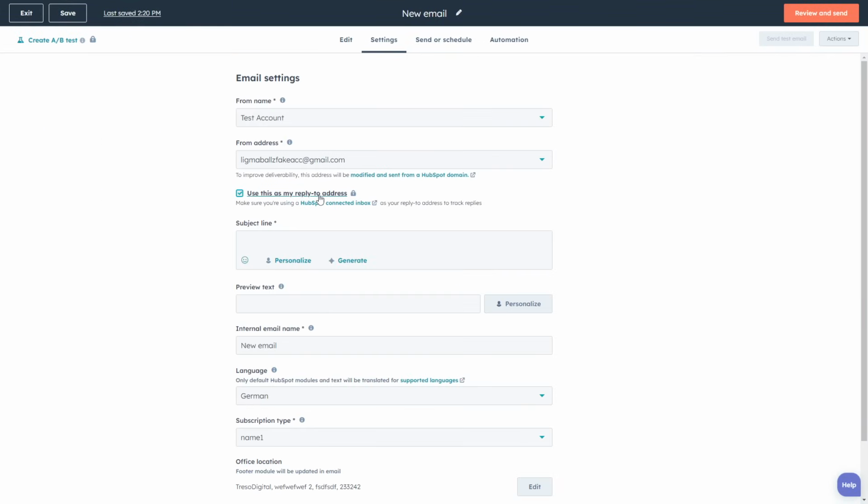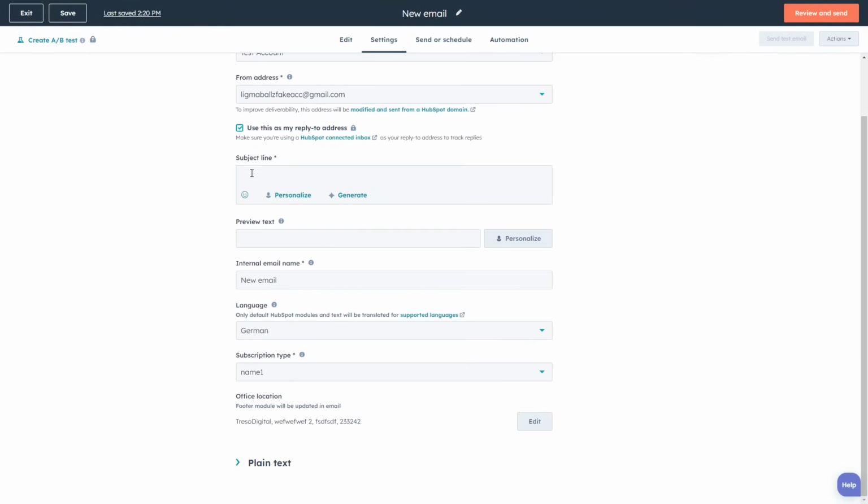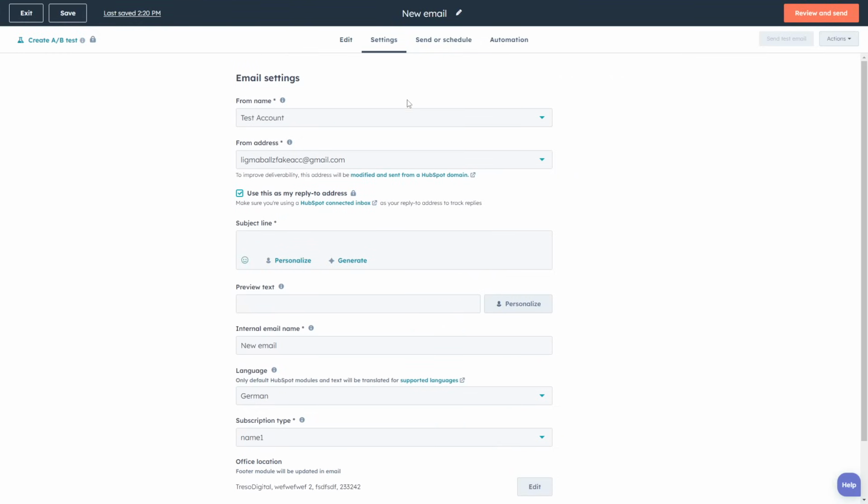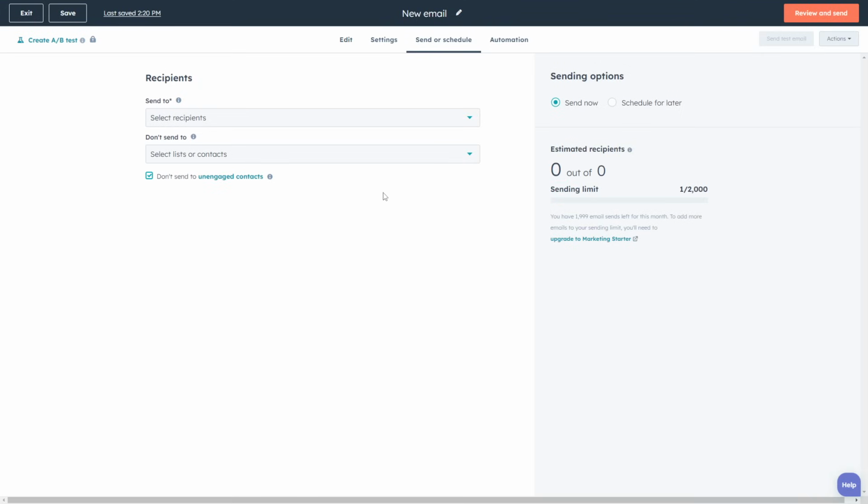Then if you go to settings, you can see you can add a subject line. You can then also give a preview text. This is the text that will be the preview when people see their emails in their notifications, for example, or in their inbox. Then the language, subscription type,